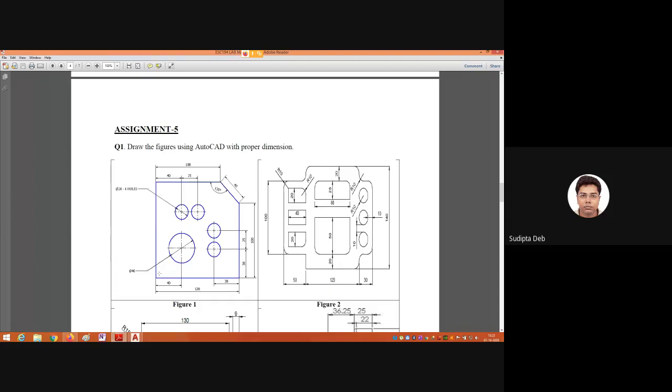Okay. How to start our drawing? Just you try to remember the dimension. So first I will draw the outlines. These are the outlines. This is my start point. I will start my drawing from here. I will draw one horizontal line, then a vertical line with 100 millimeter distance, then this line with 40 millimeter distance. Here no units are mentioned, only 100, 25, 40, but all dimensions here are given in millimeter. Okay, that is my first target.